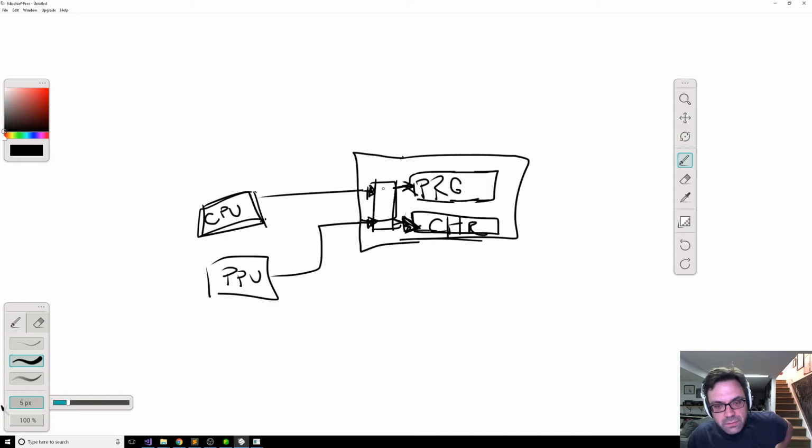and what the different mappers do, write mapper in here, is they have the ability to access more ROM and sometimes RAM than what the CPU actually has access to. So you might actually have two prog-ROM